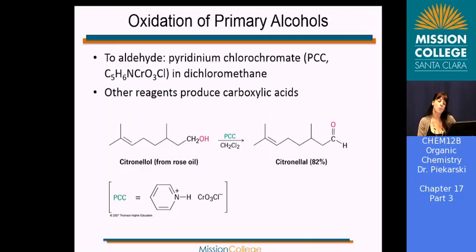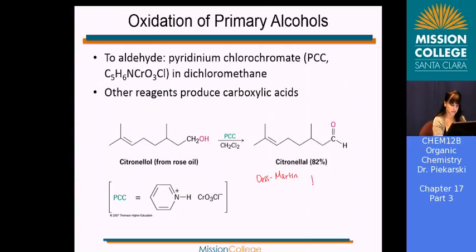Okay. A way that we can stop at the aldehyde, though, and use a gentle oxidizing agent, we can use something called PCC. Okay? And that will take a primary alcohol into an aldehyde. It will also take a secondary alcohol into a ketone, so you can use that too, but it is more expensive, and you can see the structure here as well. This is the one that I used a lot in undergrad and graduate school. I noticed that your textbook doesn't talk so much about PCC, and that they're introducing another reagent that I wanted to show you as well, and this is called the